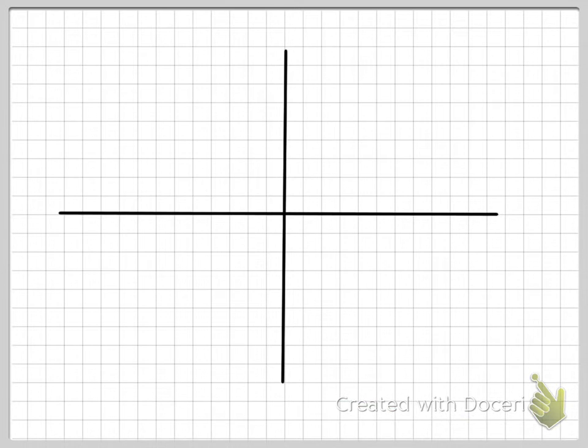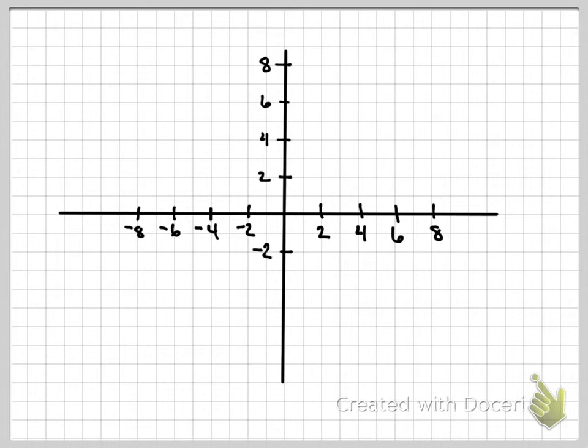When you're setting up a graph, this is just a reminder, but I know it's been a while. Remember to skip that first line, because that number stands for your 1. You don't want to clutter up your graph with a bunch of numbers, so that's why we're skipping every other line. 2, 4, 6, 8, and we assume the lines in between are our odd numbers. -2, -4, -6, and -8. And then -2, -4,